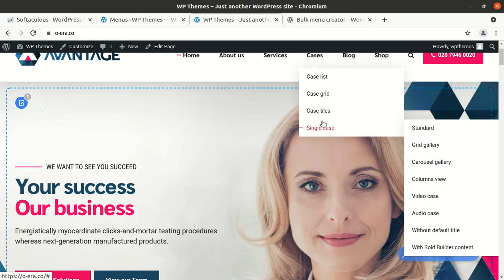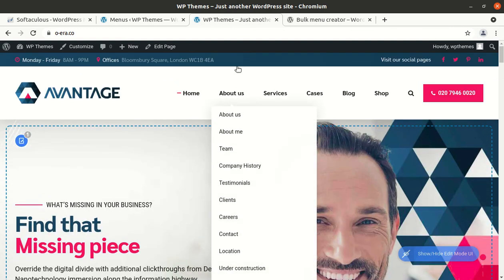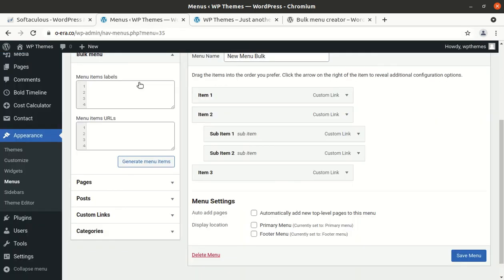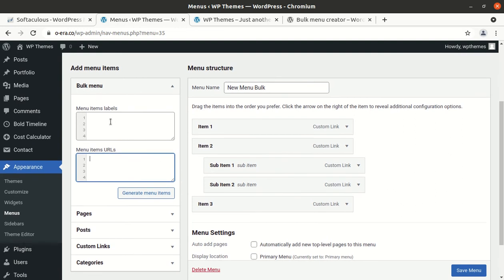This is a demo website, of course, and sub items have also been used. And the best part of this feature, you can see all the links and a preview of this menu in this area. So this is also a wonderful thing, that while creating the menus in bulk, you can also preview the links in one go, so that you may check whether they are correct or not.